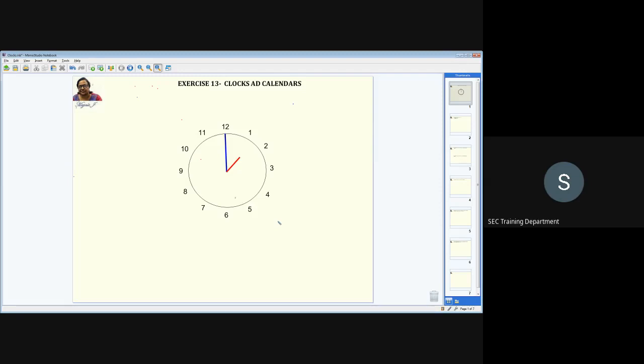So the clocks as such, when you see this analog clock, you can see here, it has the 12 divisions here. And these two hands are the minutes hand and this is the hours hand. So these are the two hands which are given here. And you first have to see that the minutes hand, when it makes one full rotation, what is the total angle it's going to cover. So you can see that the minutes hand starts from 12. When it makes a full rotation, the minutes hand is going to cover